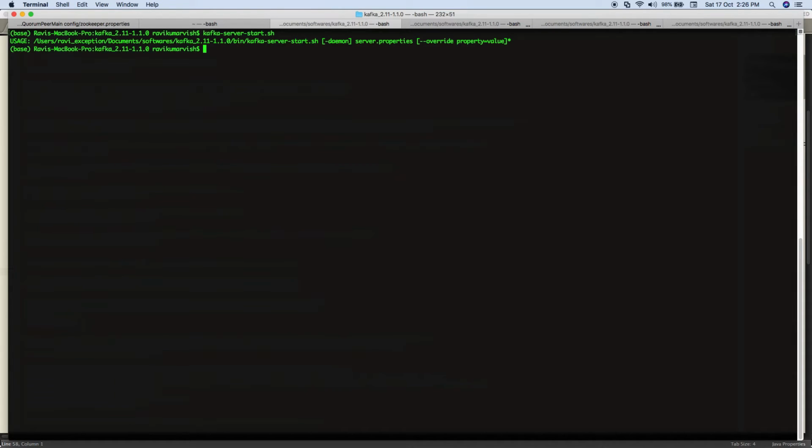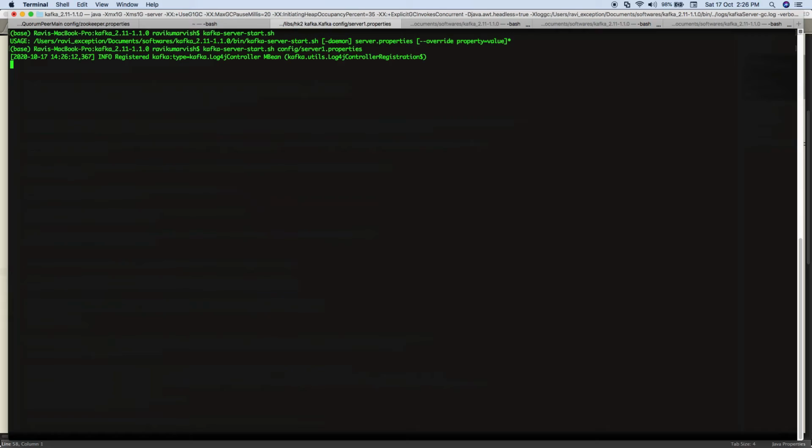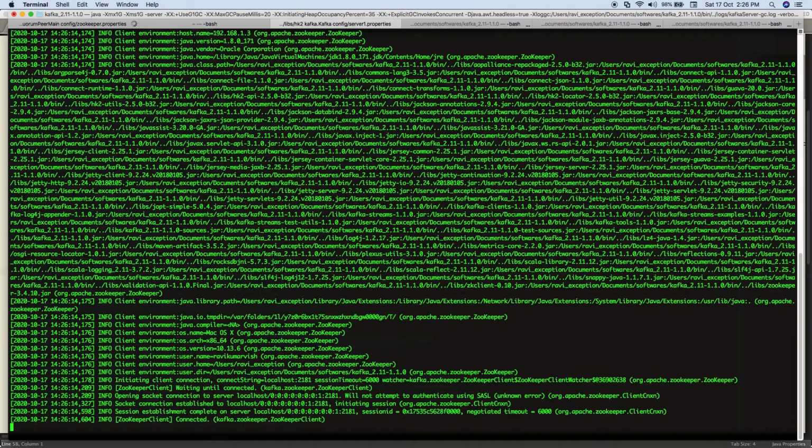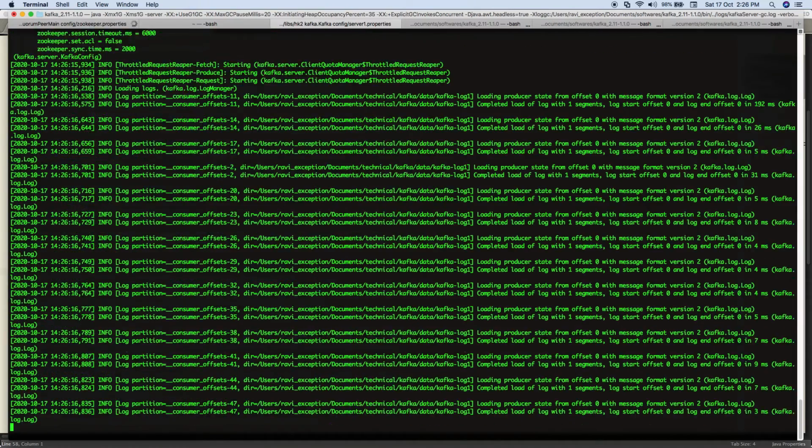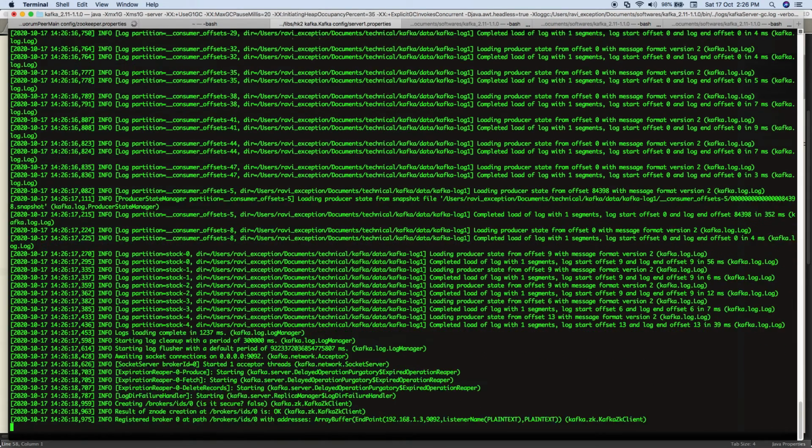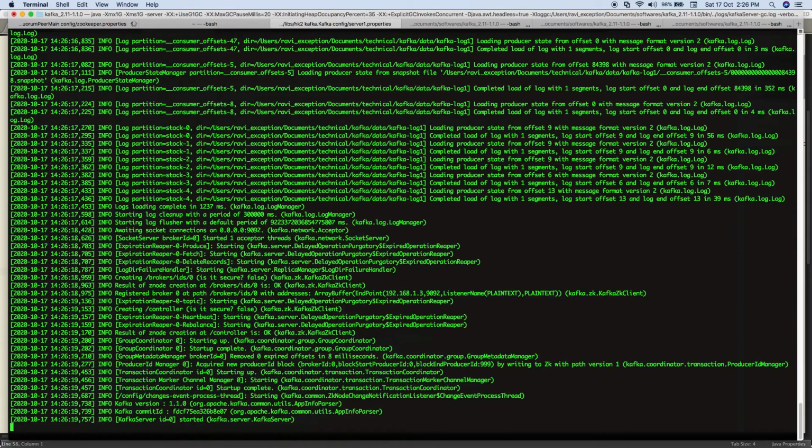The way we needed zookeeper.properties, it needs server.properties. So where is that property file? I have created server1. I'll pass server1.properties. Enter it. So my Kafka broker ID 0 is started.